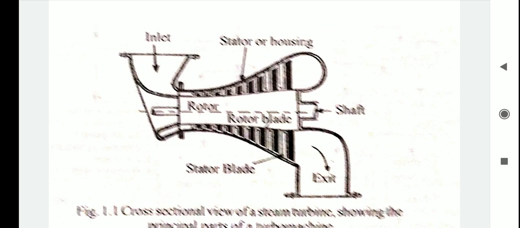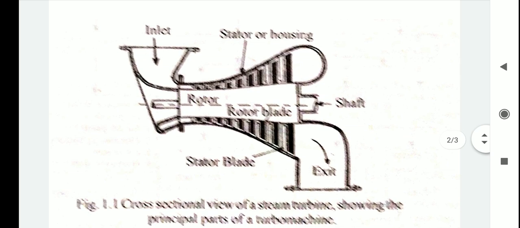The stationary element is also known by different names. Among them, the first one is a guide blade or a nozzle, depending upon the particular type of the machine and the kind of flow occurring in it. The stationary element is not a necessary part of every turbo machine. The ceiling fan used in many buildings to circulate the air is an example of a turbo machine with no stationary element.